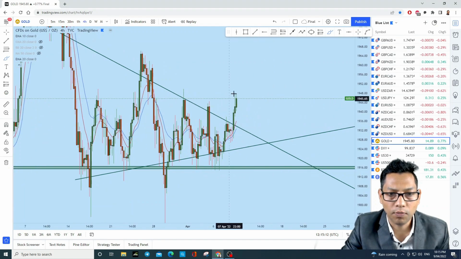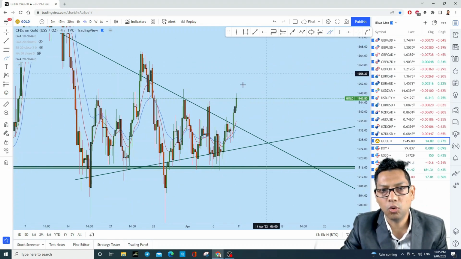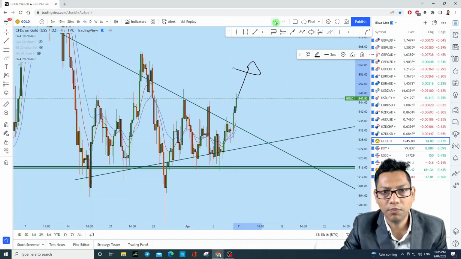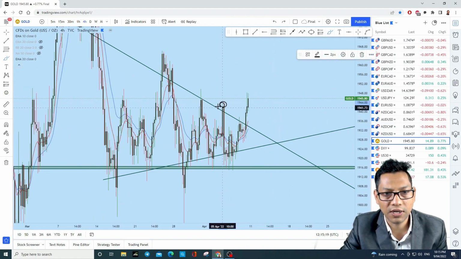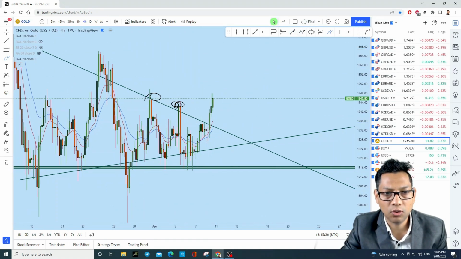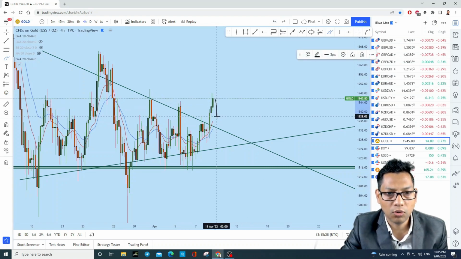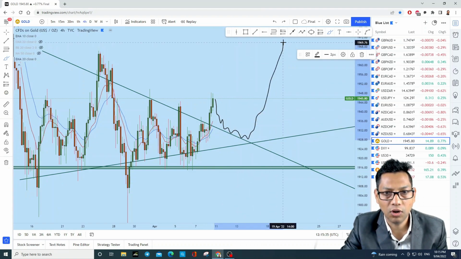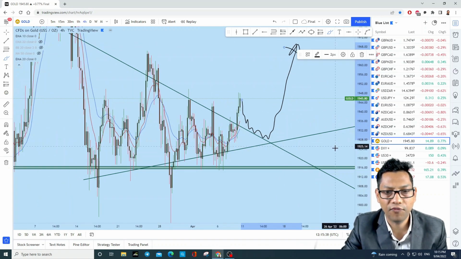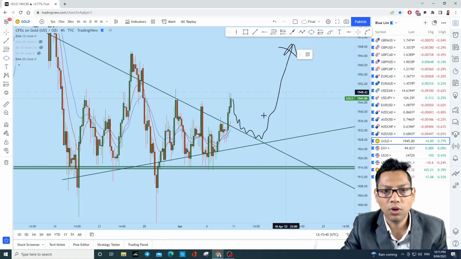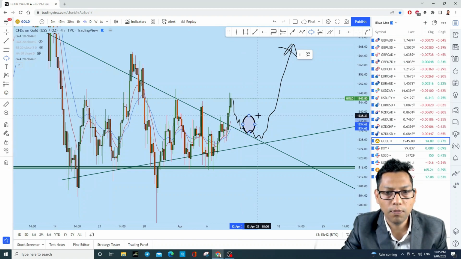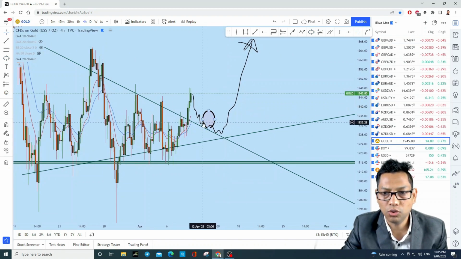So let's see on the 4 hour then how we can trade. So far gold broke to the upside, but it is not a good idea to trade long from here, because you see this sub resistance here, also resistance here. Now what I want to see is gold again broke down to the downside, came to this level of resistance, tested it as a support like that, and then creating a bullish structure on the 4 hour. So in the new trading week, I will be waiting for the gold to pull back to this level, to this zone, let's say around